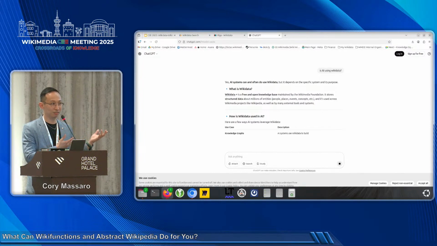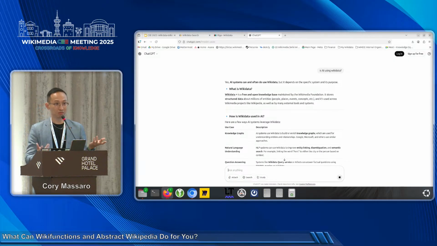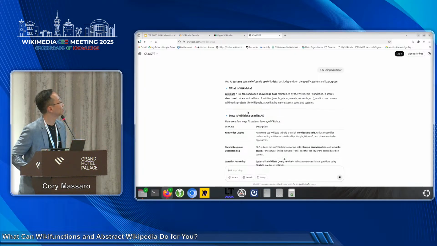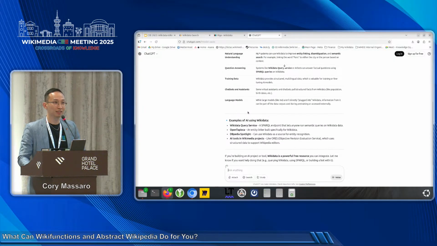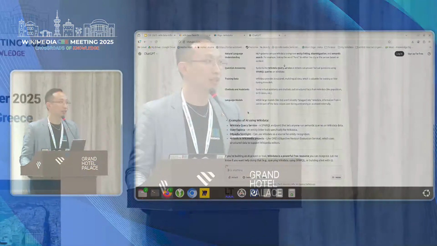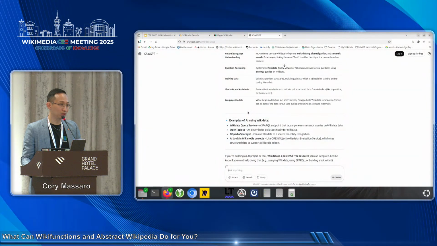Ask the AIs themselves. Because Wikidata, like all Wikimedia projects, we do not track the users, we respect anonymity. We encourage users to reuse Wikidata's data without attribution, it's CC0. And yeah, if we ask the AI themselves, are you using Wikidata?